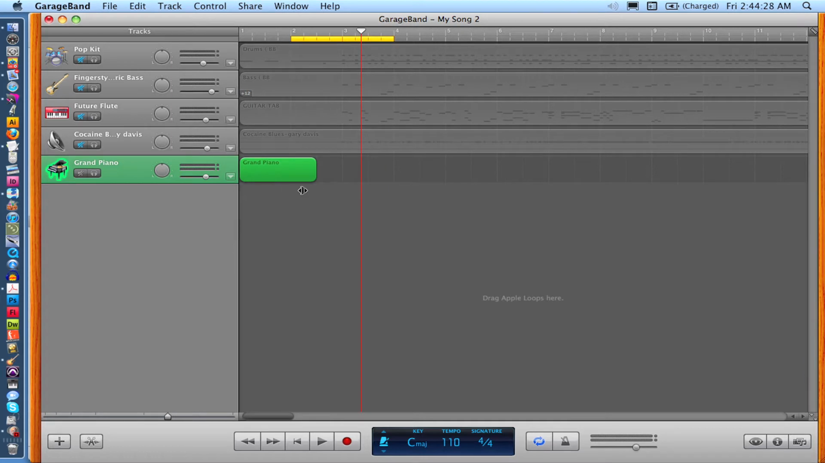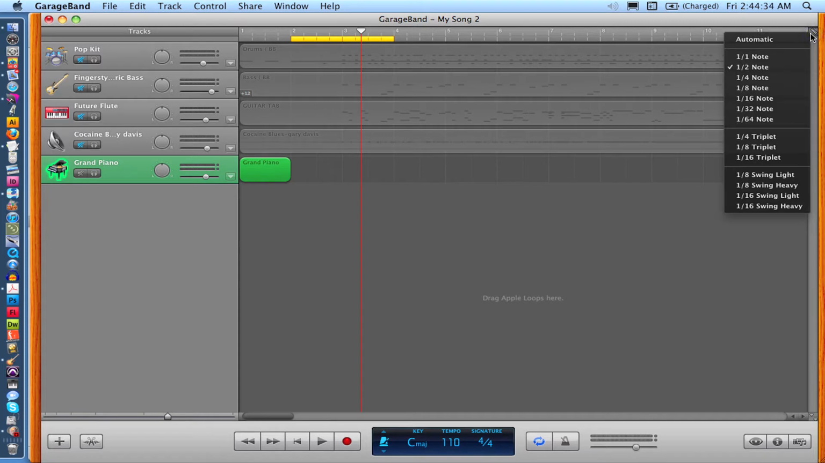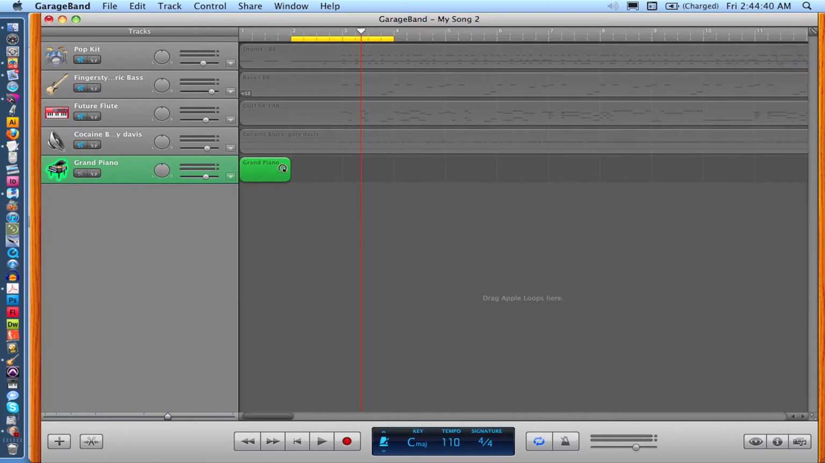I can lengthen the region, and it's by increments shown in this menu for the grid, which I now set on whole notes or whole bars. So I can change the length, but only by whole bars. And then whatever is in there, I can